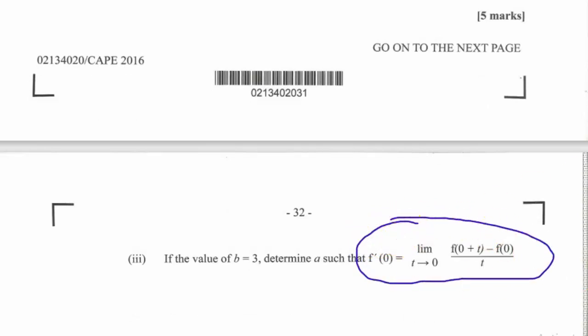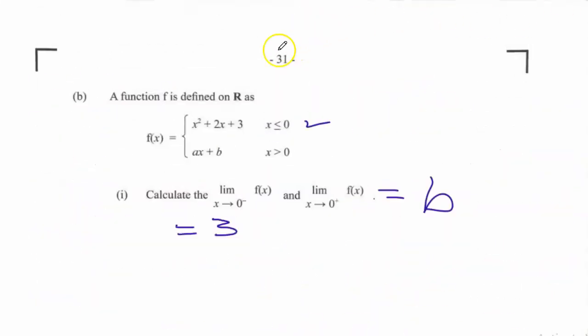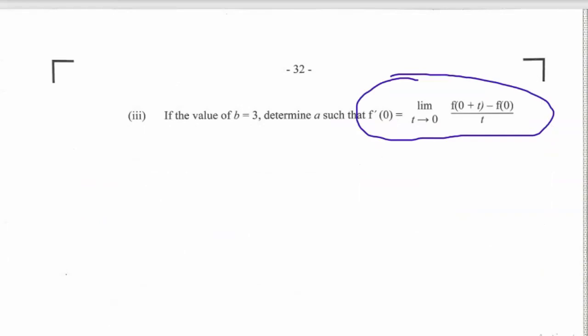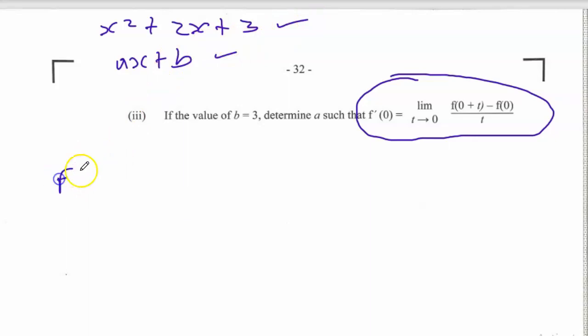So notice f is a piecewise function. f of x is x squared plus 2x plus 3, and f of x is also ax plus b. So x squared plus 2x plus 3, ax plus b. Alright, so this is for the left hand limit, and the right hand limit. So f prime 0